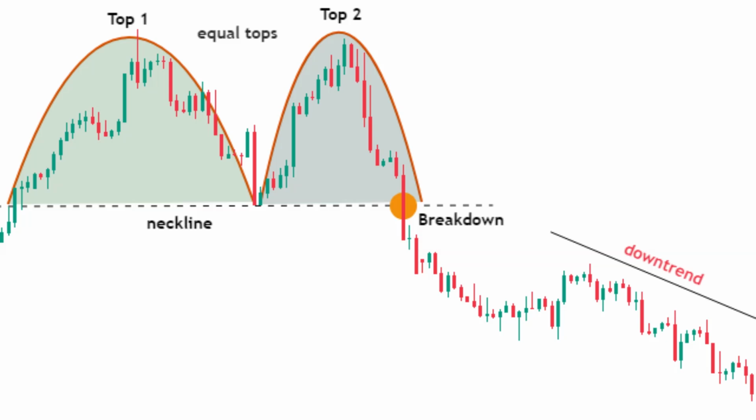Once the price breaks below the neckline connecting the lows between the two tops, it signals that the previous uptrend has ended and a downtrend is beginning. In other words, the market has shifted from a phase where prices were rising to a phase where prices are now falling. This change can be seen in the increasing presence of selling pressure and the decreasing ability of buyers to maintain higher prices. Traders often observe this pattern to decide when to close long positions or consider opening short